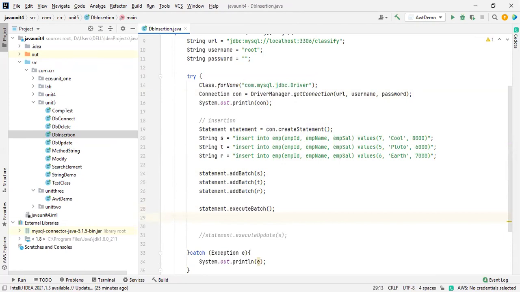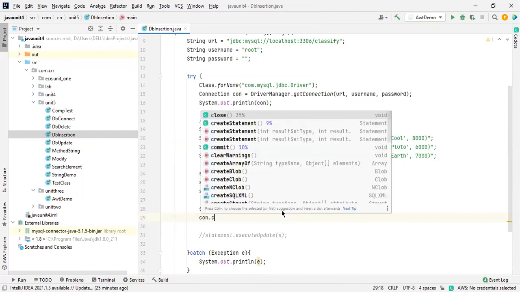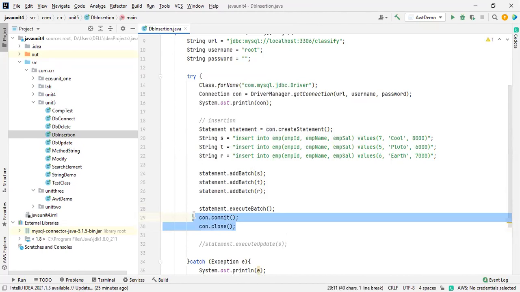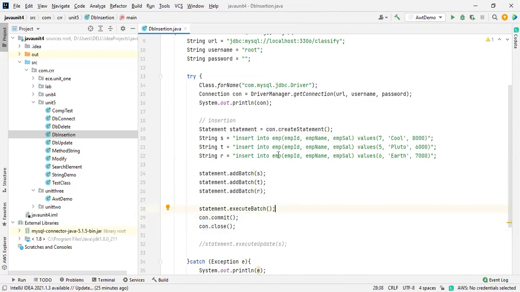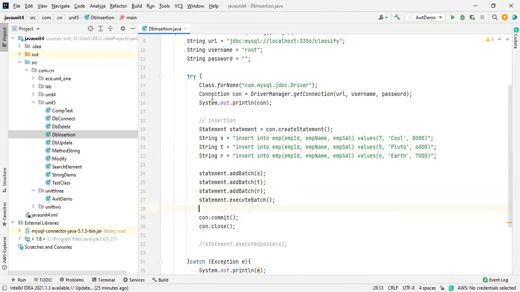First of all, we are going to commit that one. We are going to discuss this commit later in transaction management. I'm just mentioning it now. con dot commit and then finally con dot connection dot close. You have to do this every time; it won't change at all. After the execution of the queries, after the completion of programming, you commit the data and after that you have to close the connection. This is the thing you have to remember.